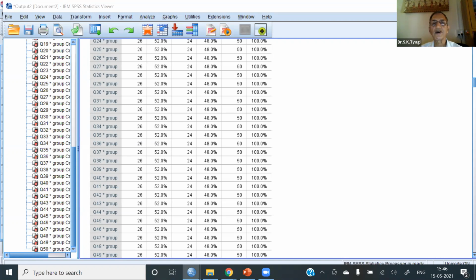We will discriminate between the upper ability and lower ability groups on the basis of testing significance: is there any significant difference in the score between the upper ability group and the lower ability group? The groups will be formed on the total score on that particular scale.